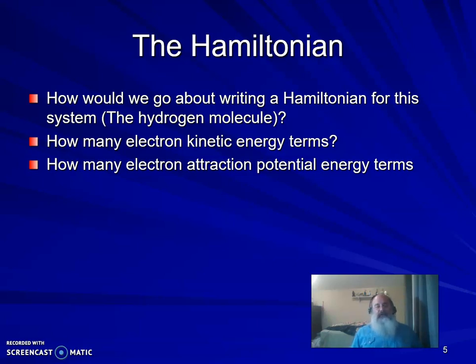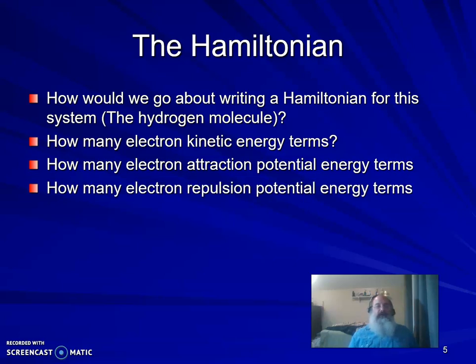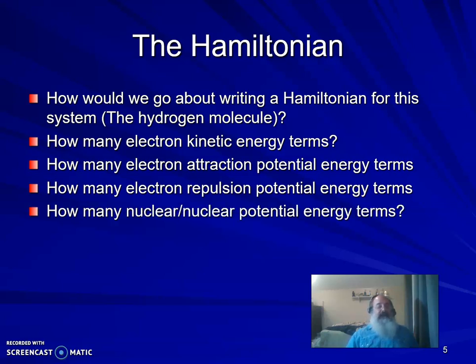Now let's think about that. We've got 2 electrons. They're each going to be attracted to 2 nuclei, so that's a total of 4 potential energy terms referring to electrons being attracted to a nucleus. And then how many electron-electron repulsion terms? Since we only have the 2 electrons, there's only going to be 1 repulsion, the 2 of them for each other. But we're going to have an additional repulsion term in the Hamiltonian, that is the nuclear repulsion energy